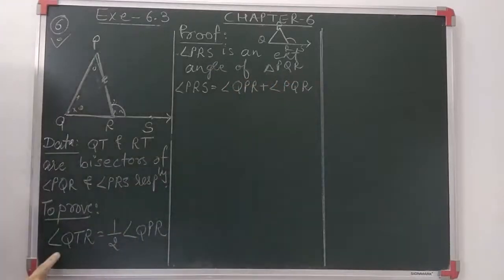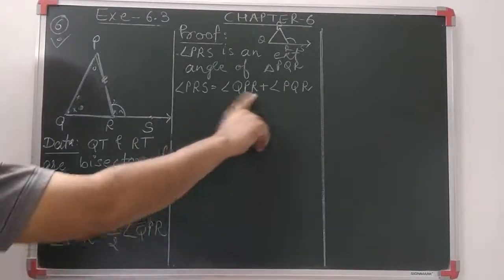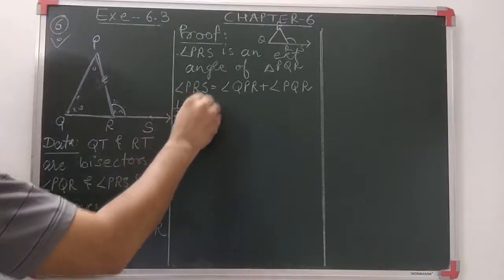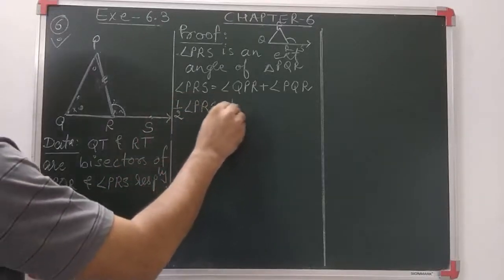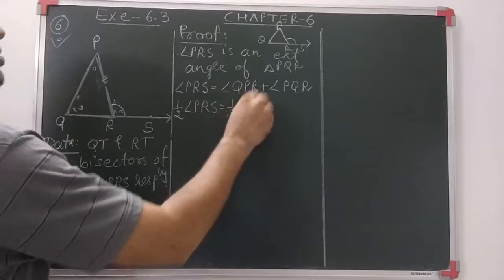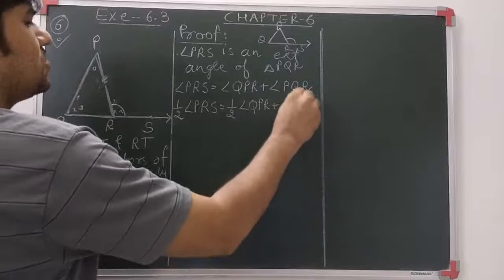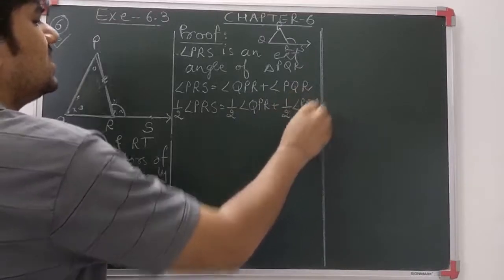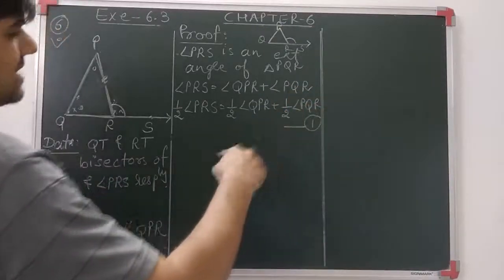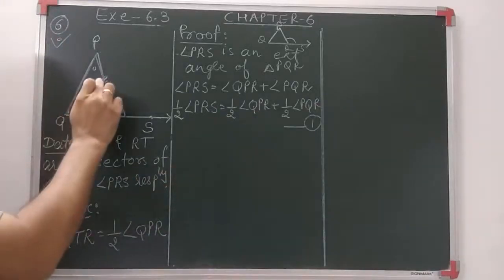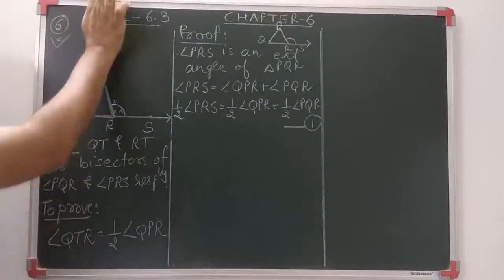Now look at that, what we required in the answer. We required half QPR and we have only QPR. So we will multiply by half here. Half I'll multiply with all the terms. As I told you, students, the reason is that we require half QPR in the answer. From the beginning we can do this, or you can do this step even at the last, but it is better we do it here. Okay, now we obtain this. Now let us erase this one.